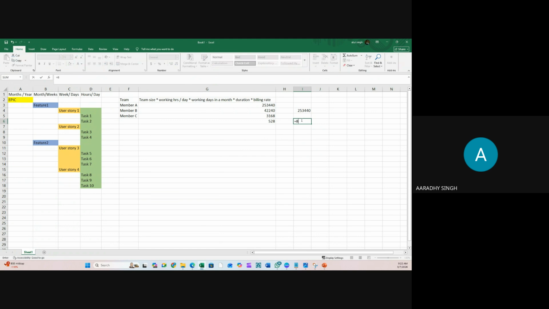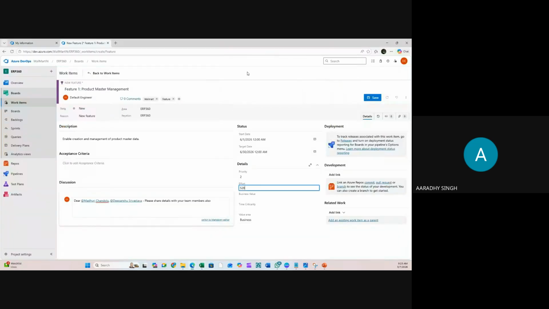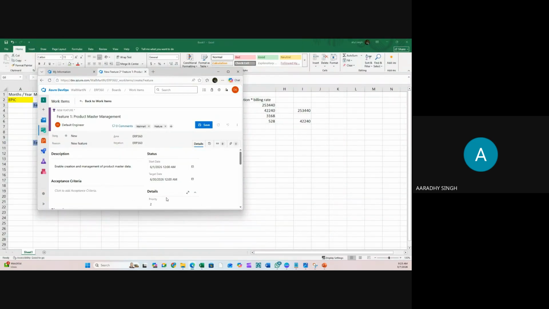So $80 multiplied by 528. So guys, in 1 month, the effort will be 528 hours and the dollar value will be $42,240. What you can do, you can put the dollar value here. Business value is